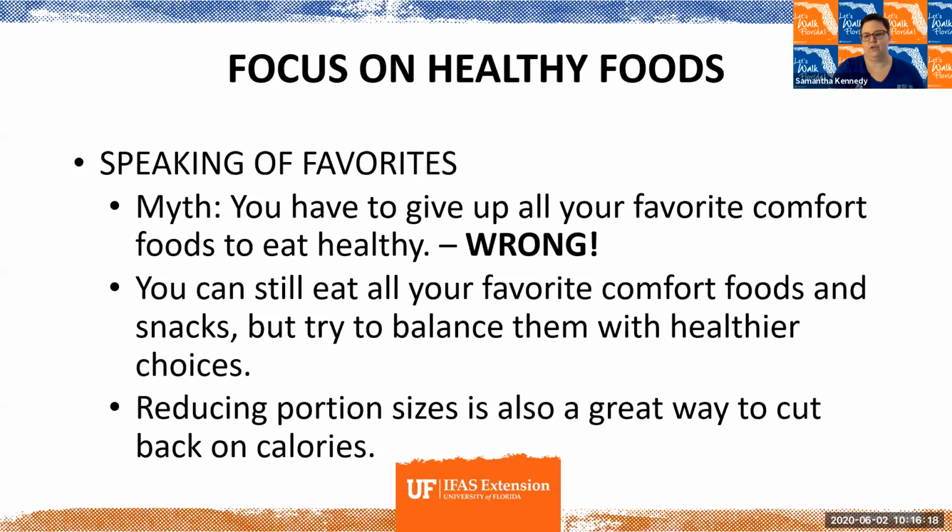So we are used to having large portions of everything when we go out to eat. We want our plate filled up. We want to get value for our dollar. And so we want to eat, we want to feel like we're getting value. But the serving sizes and the portion are not the same as portion sizes, and we need to really cut